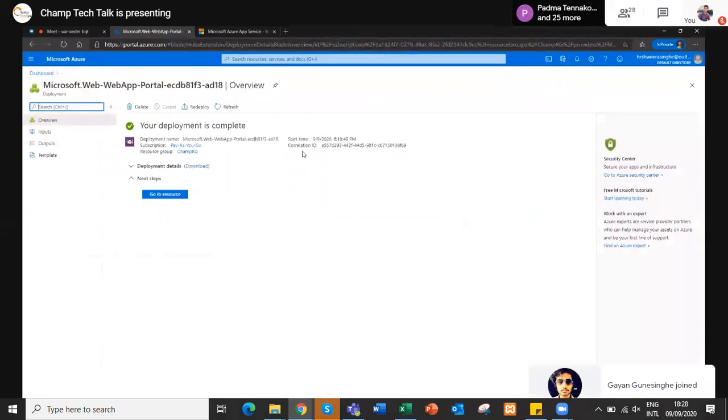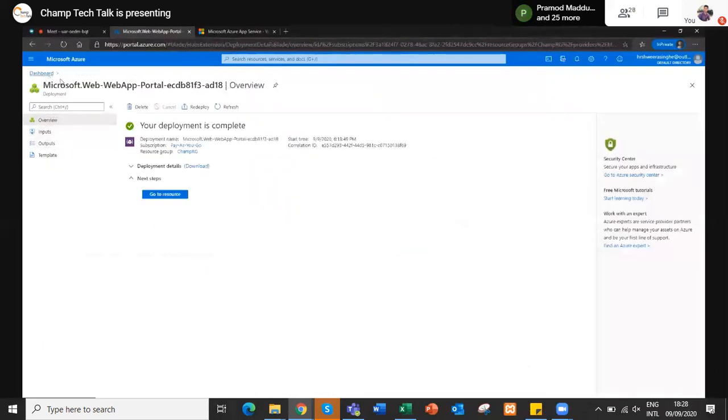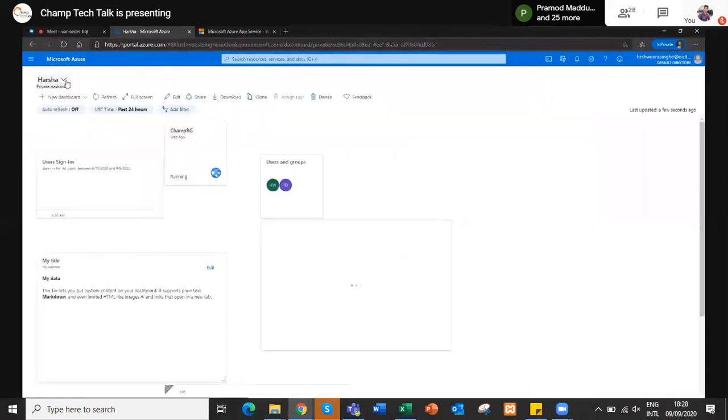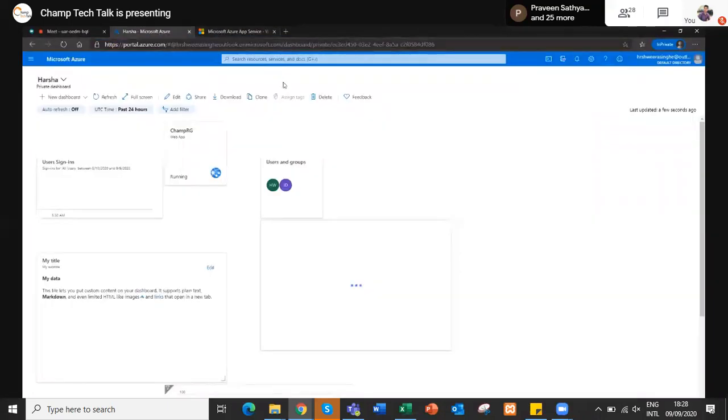which we will deploy here. So you saw that it is very easy to deploy an application in Azure. So let's talk about something else. What if we create an HTML website and upload our source code there? So you want to create a website and host it in Microsoft Azure. Let's do that, and I'll show you.